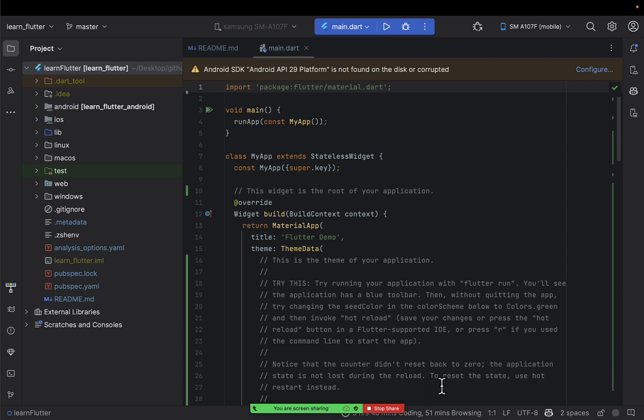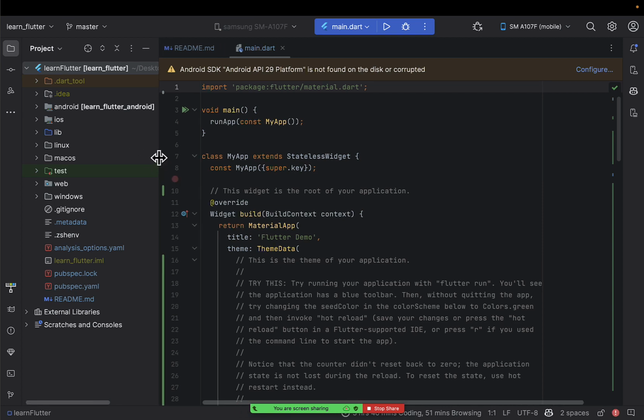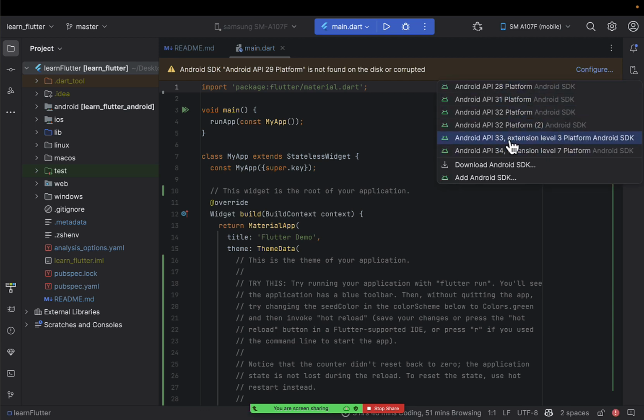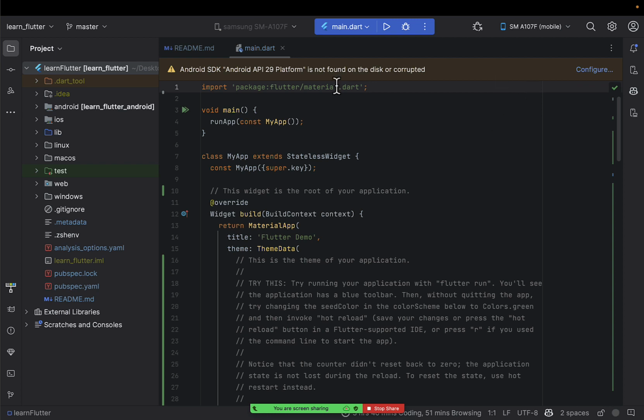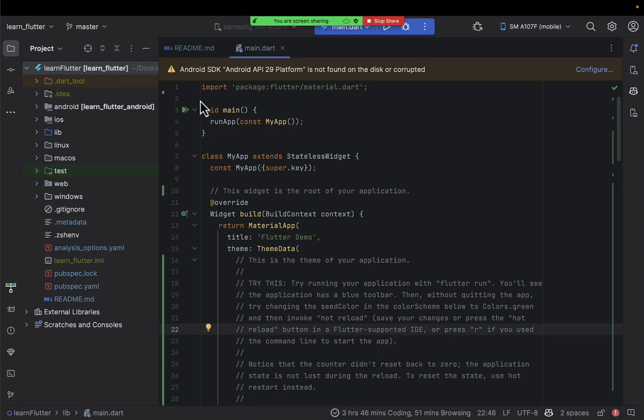It has completed compiling. For you, the first time, it may take time to compile. There is a new update where they recommend the Android version to have an API of 33 and above. So you can click on configure and select this 33. It can take time to configure, but you have to wait for it to finish that configuration. So I can as well come